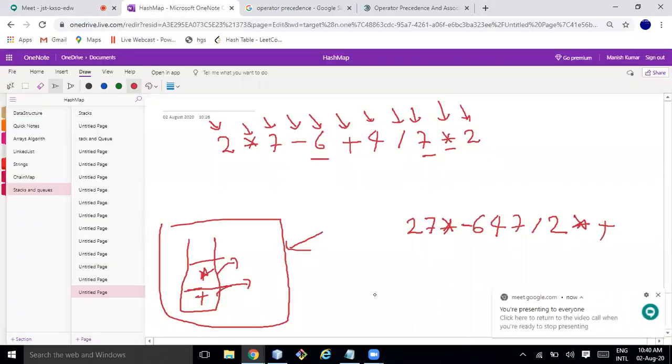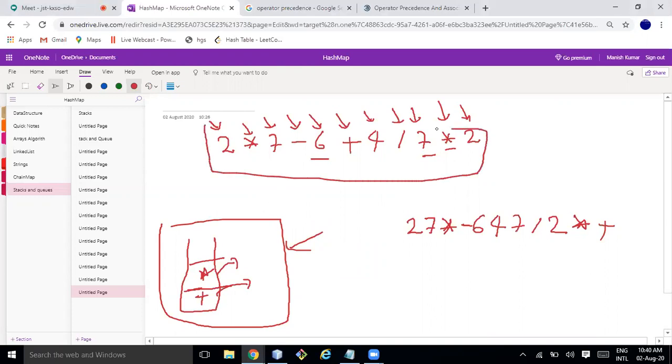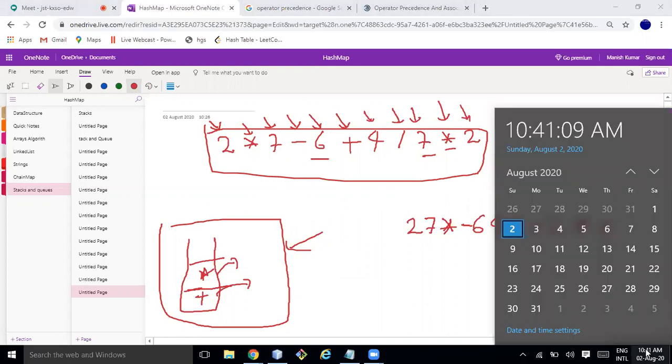Now you know data structure and algorithm, so you can solve the problem. The problem is: you are given an infix expression and you have to convert it into a postfix expression. You know the internal data structure you can use and the algorithm. Try to write it. You have 10 to 15 minutes.